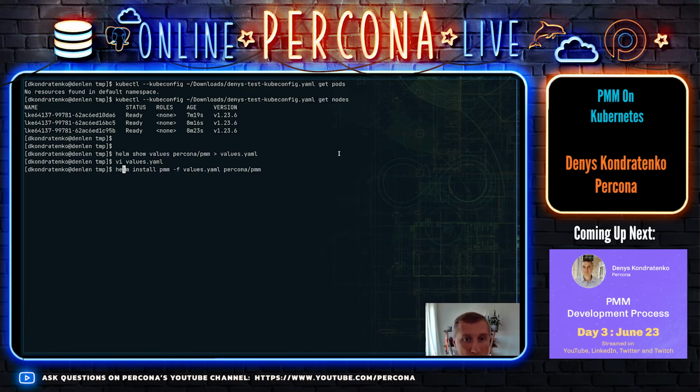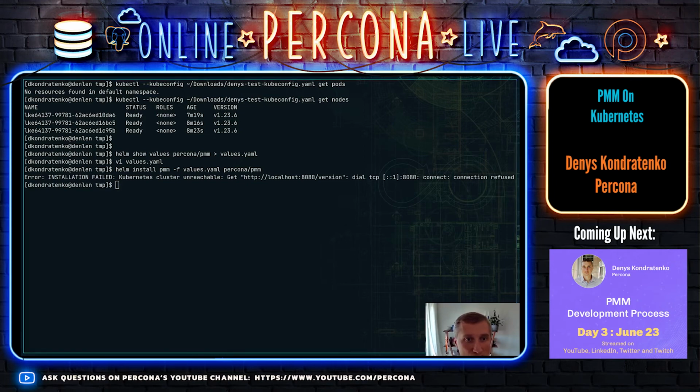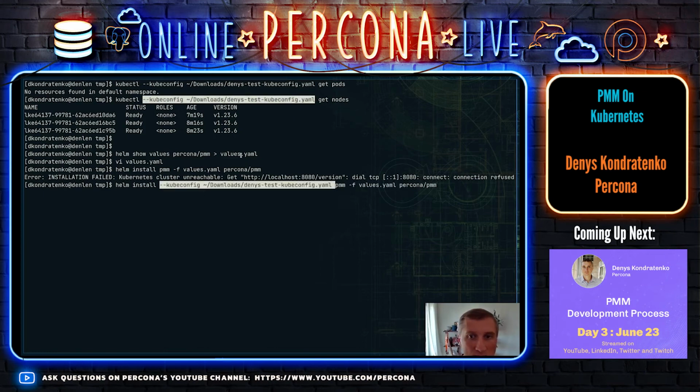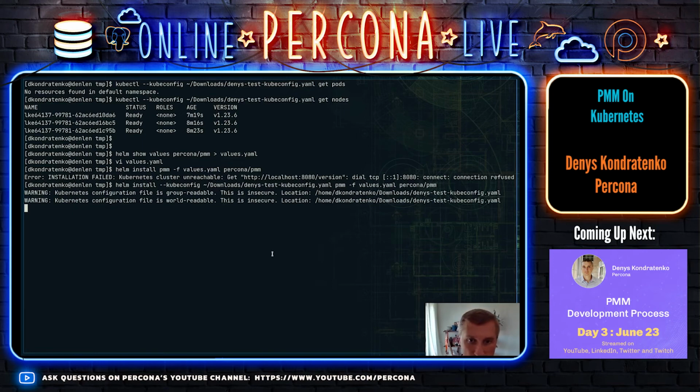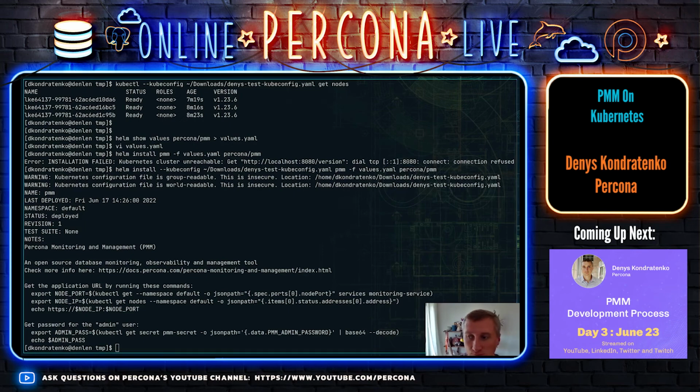PMM there, but what I would need to do is actually to tell Helm that the Kubernetes is running on the Linode instead of locally. And to do so, I need to also specify the kubeconfig parameter, and do that. Okay. All right, so